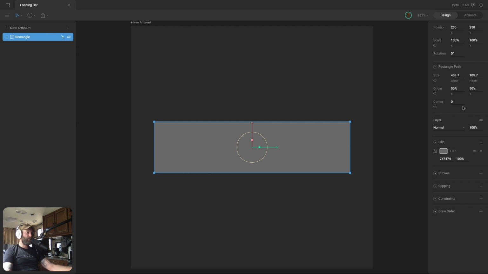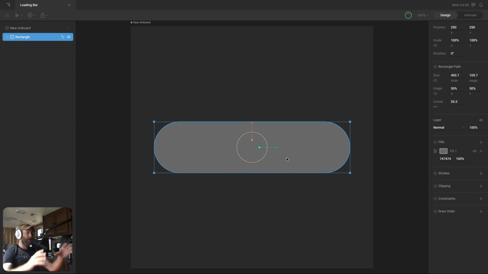And now that we have it centered, we can go ahead and start customizing it a little bit. So the first thing we're going to do is round the corners. So I'm going to use this corner option here in the inspector and just crank that value up until I get nice rounded corners over here on the side. Now, if I go too far, you can see that we sort of get a little warping on the edge. So I like to take it right up to the warp and then pull it back just a little bit, and we should have nice rounded corners.